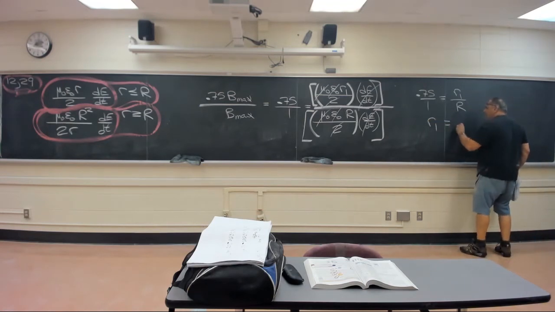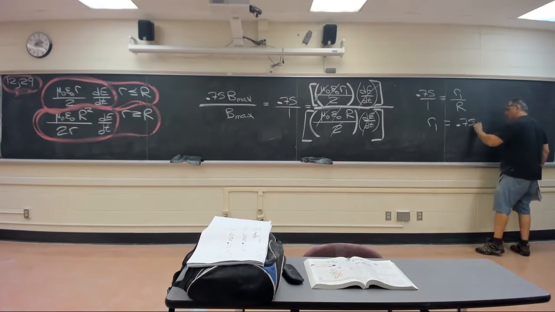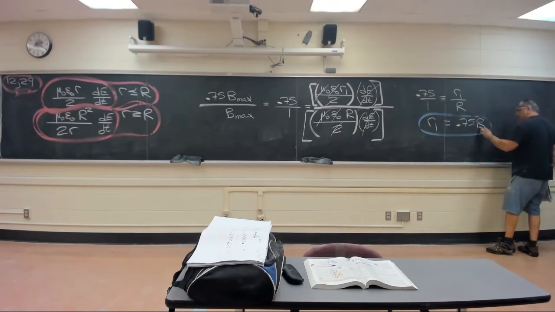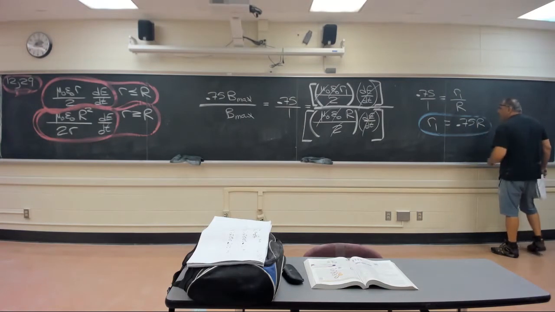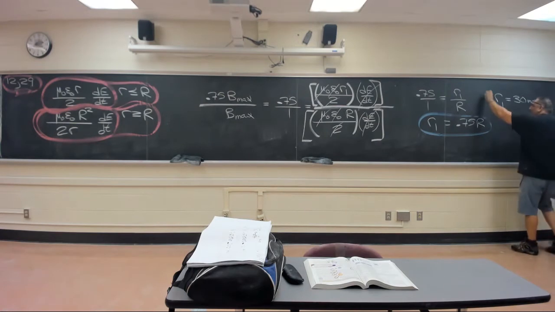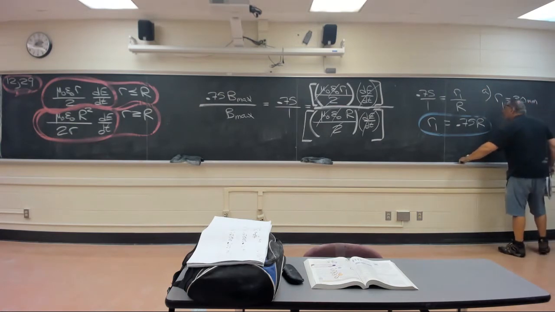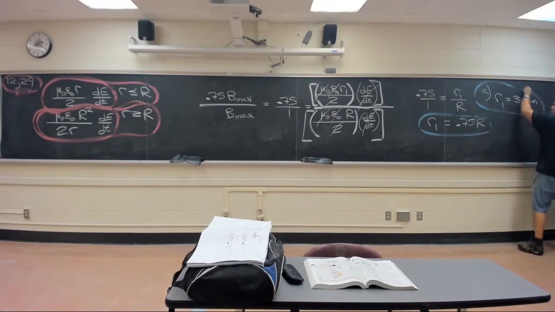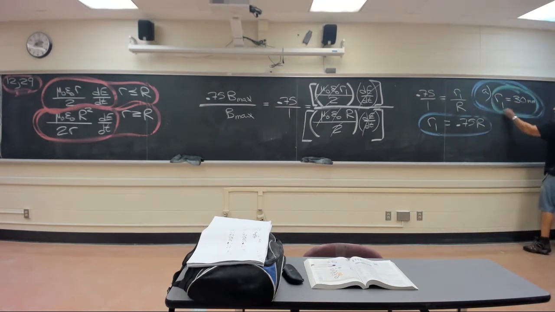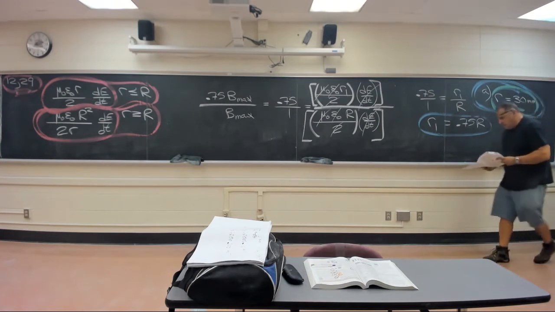The small multiplied by capital R on each side. There's your answer. The big radius is 44 millimeters. 44 millimeters times 0.75 is 30 millimeters. And that's R1. That's A. B,